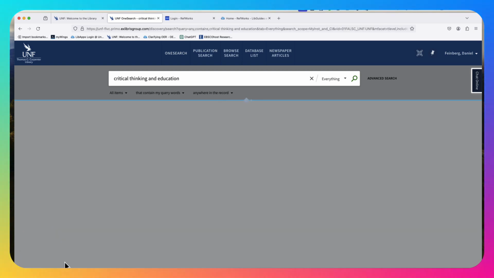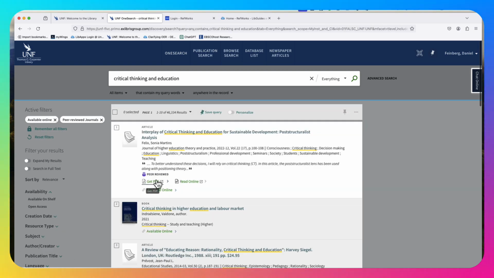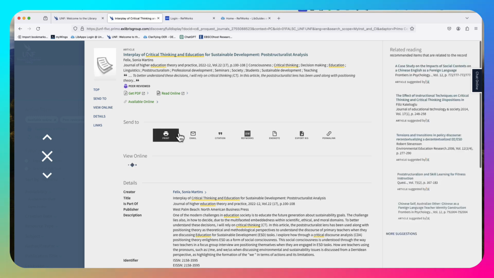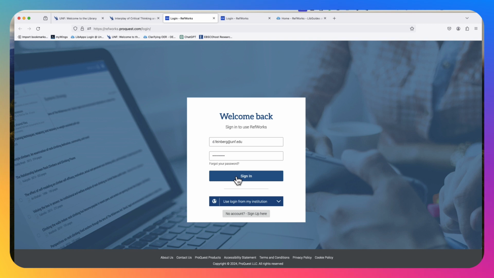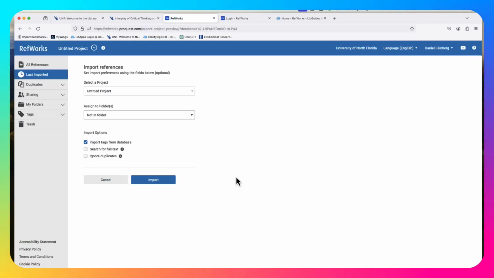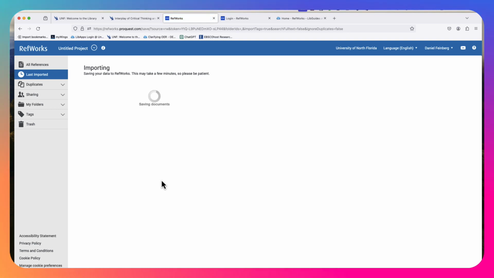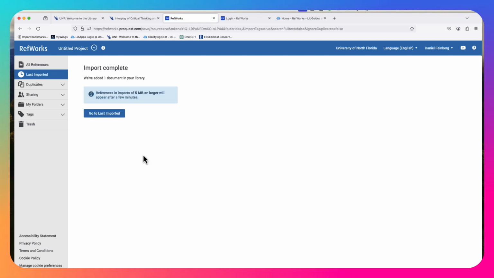And this should all seem somewhat familiar to you. And so you're going to simply do one thing. To get the article into your RefWorks account, you click there, and then you click RefWorks, and you'll notice the two databases that are available. So you can click RefWorks here. You're going to log in one time, and once you log in, as long as you don't close that browser, it'll be fine. And you click import,